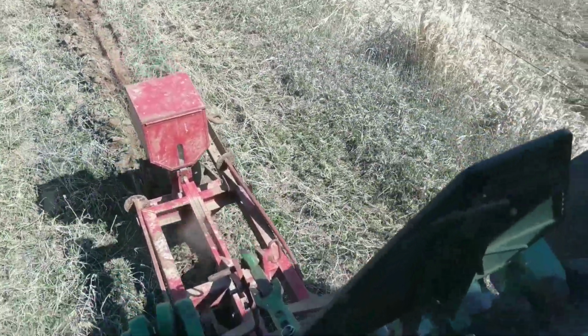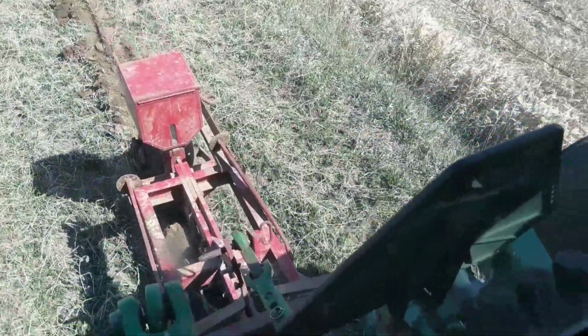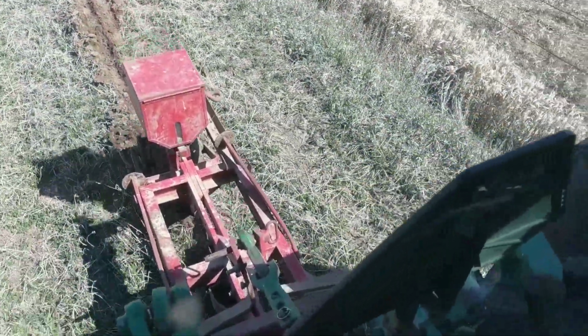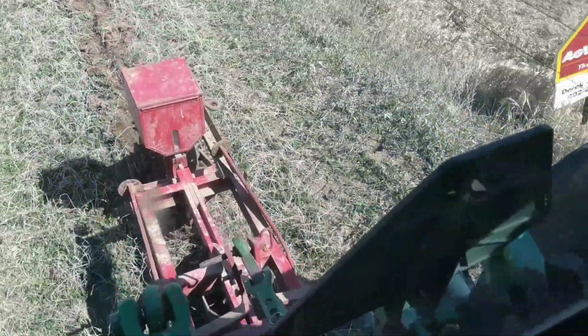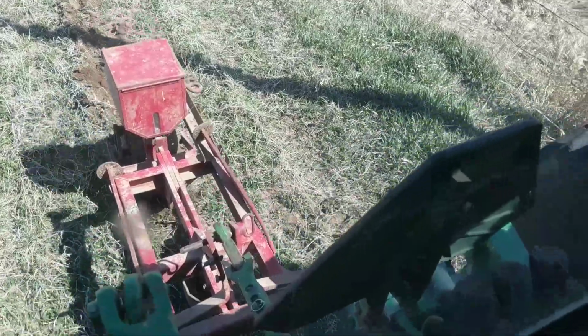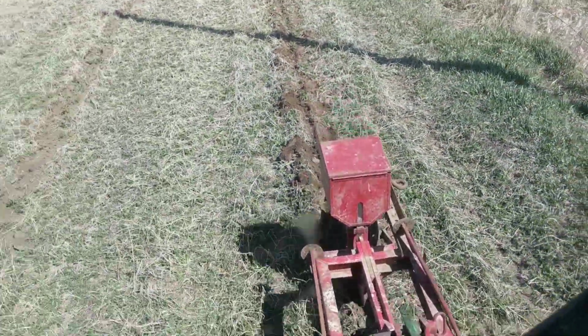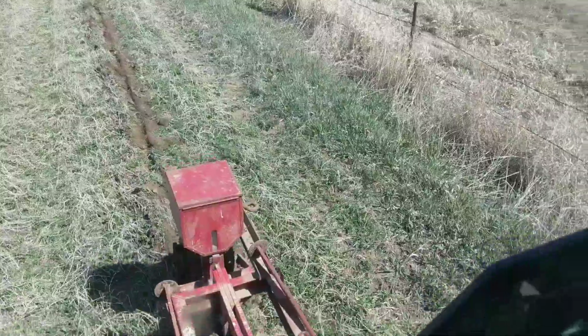So there you go, you can see that little flipper moving front and back. That's supposed to be putting the poison in the tube there. I was already in here, in case you were wondering. I got another trench there, but I wanted to show you this, so